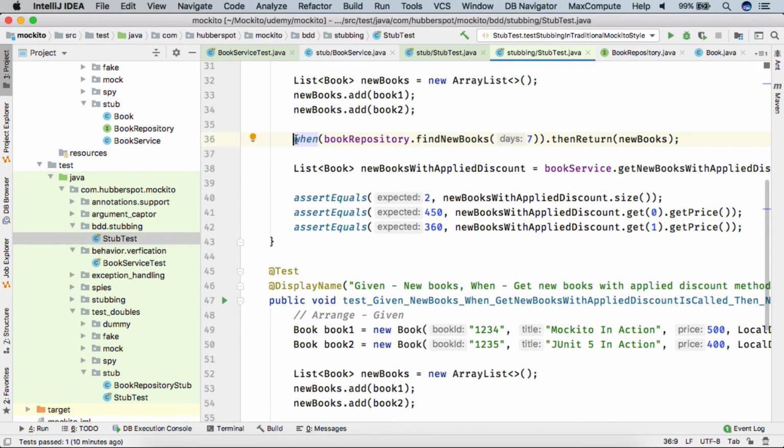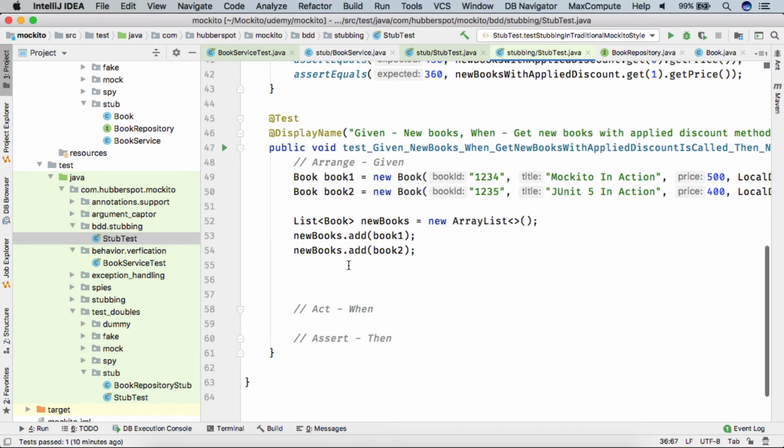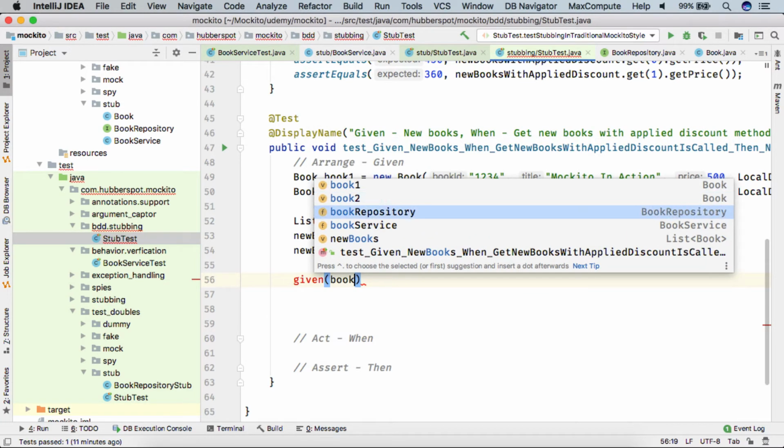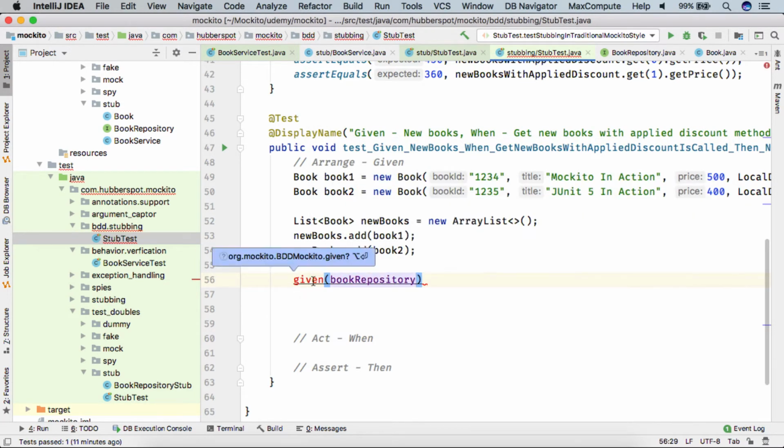So this is the traditional Mockito way to stub out. Now the same thing can be done with the BDD Mockito class, which has methods such as given. So here we do something like given, and inside given we provide the mock object, and here you can see it asking to import BDD Mockito.given.